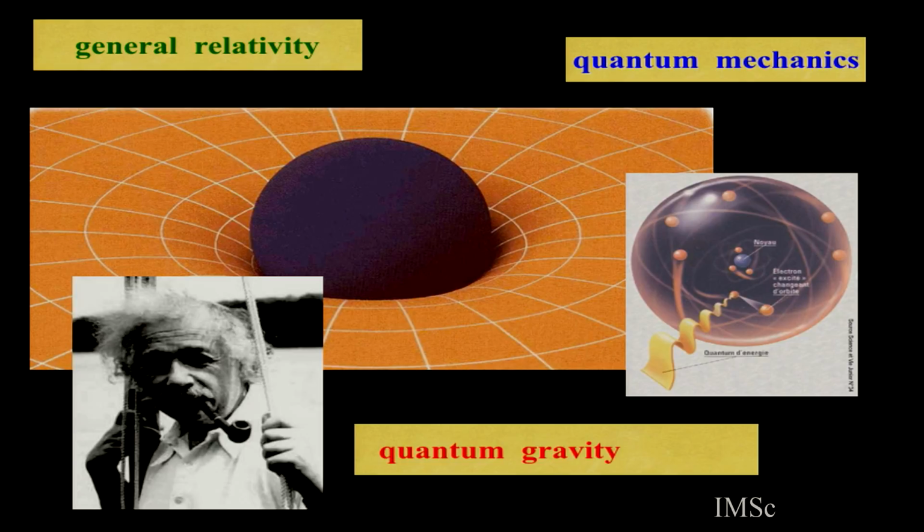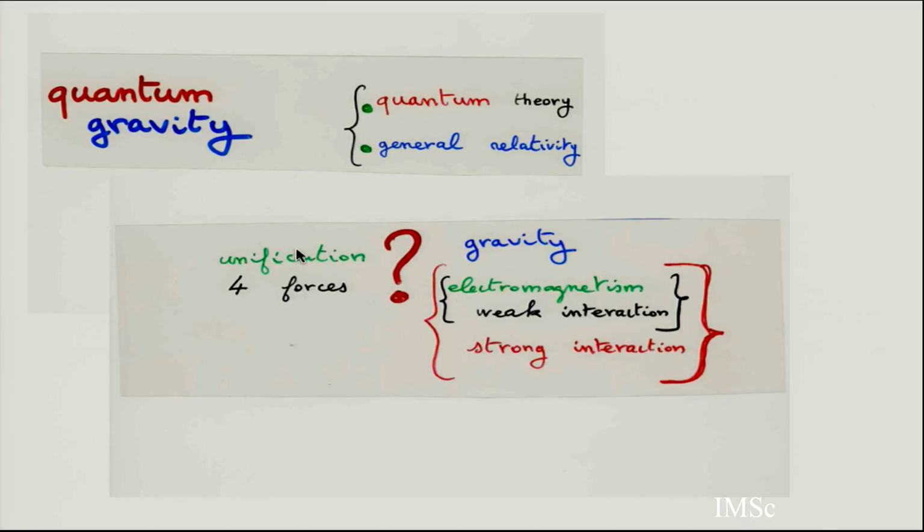And quantum gravity means to unify the two theories, which are totally incompatible. The point of view is totally different in relativity and in the quantum world, so there is no way to put them together. If you want to put them together, it's the same problem as to unify the four fundamental forces of the universe. See, there's gravity,